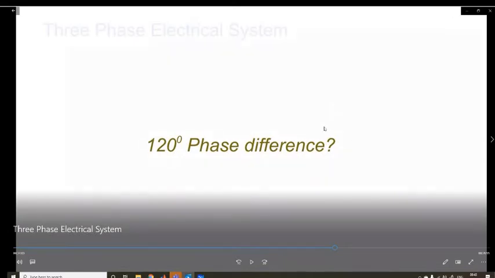So you may think, why three-phase and why not two-phase or more phases? If you go for two-phase, the two phases will be 180 degrees apart and will actually cancel each other. But if you go for a higher number of phases, that is not required, because even most of the high voltage applications you have will require mostly 440 volts, which can be very easily obtained by putting together two phases. If one phase is giving you 220 and the other phase is giving you 220, putting them together you can get double of that. So in that way, all your requirements can be taken care of by the three-phase.